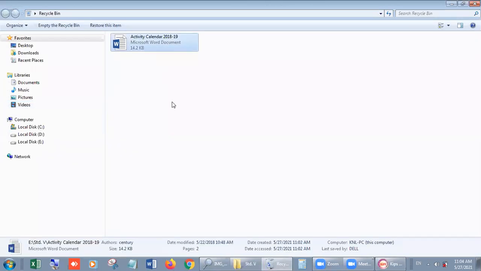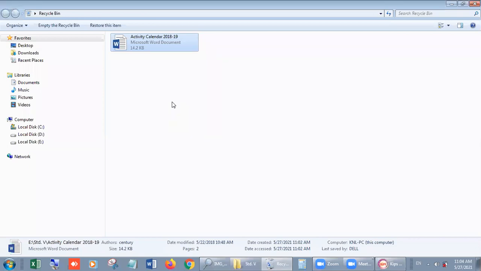It is here. Suppose students, now the question arises, why does a computer not delete the file permanently? Why does it store it first into recycle bin? Look students, sometimes we delete a file by mistake, or suppose we delete a file and after that we realize that we have to reuse this file, but we already deleted it.